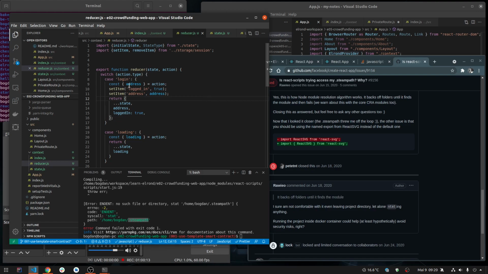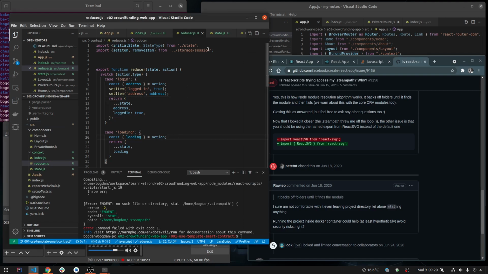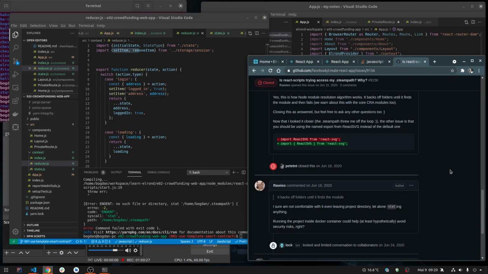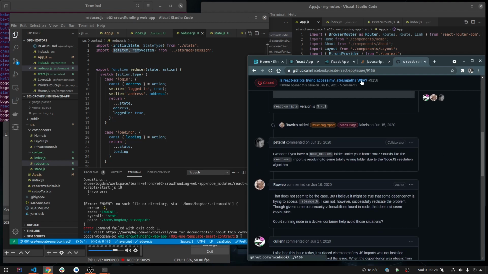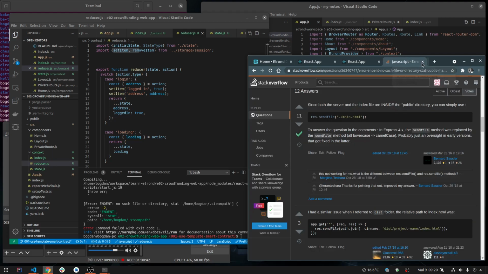So I think the problem with this error is because of conventions, and React is not able to find some imports like this one, storage sessions, and it's going into the default Steam path. I don't even know why. I hate this type of thing, when a framework is trying to guess. Yeah, I'm gonna look in a lot of locations. Okay, so I'm gonna worry about